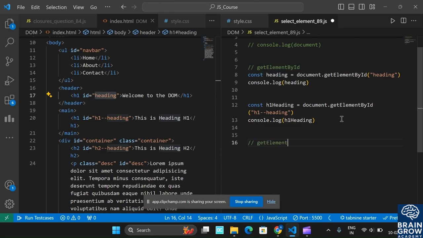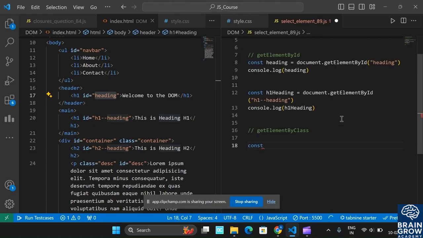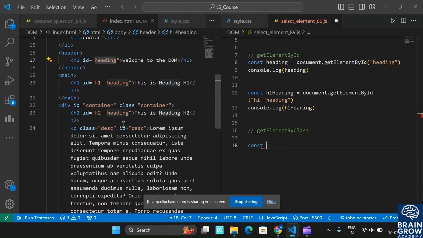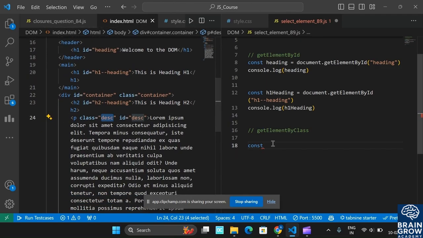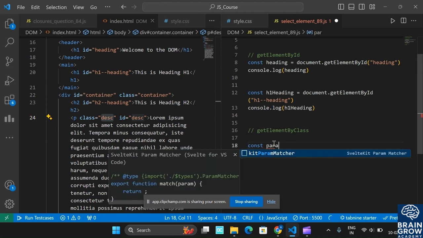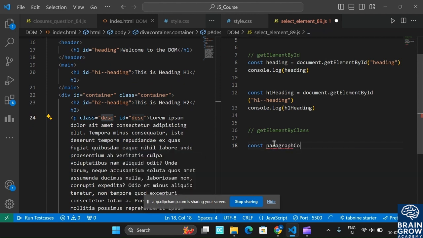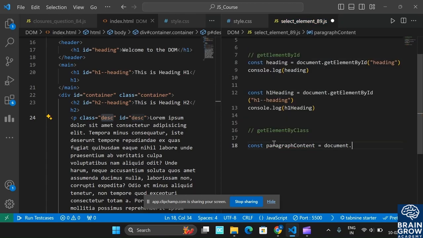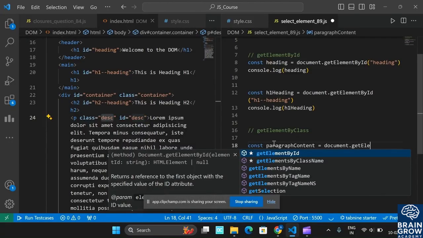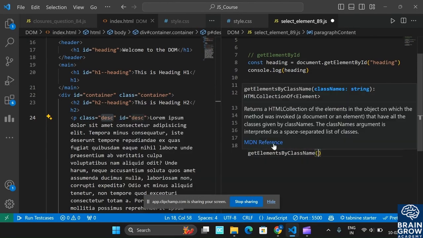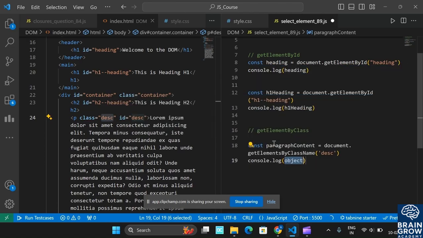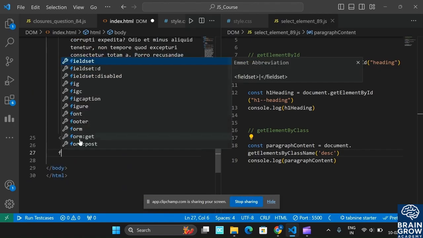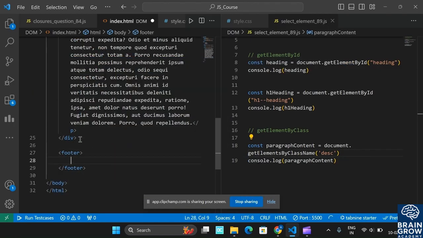getElementsByClassName. So for that const, we gave a class to the paragraph. So find paragraph content, and we have another method for getting elements by class, getElementsByClassName, and here we need to pass the class name description, and after that console paragraph content. Footer here, footer, and give